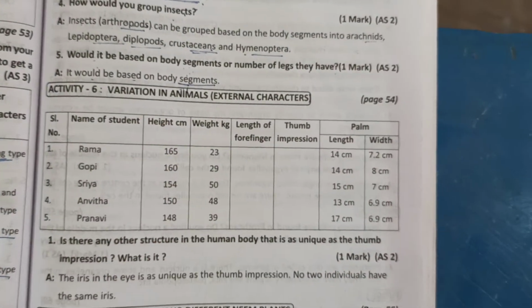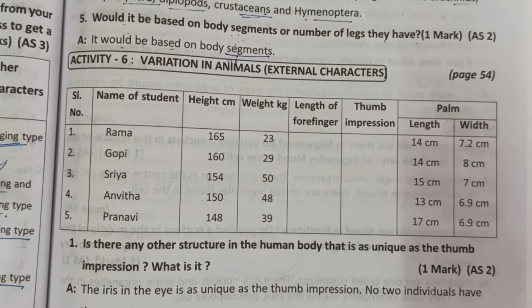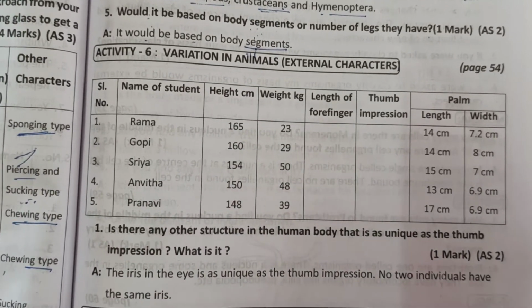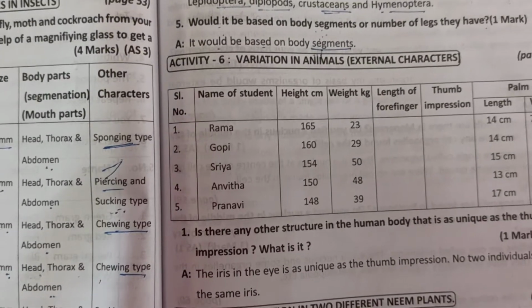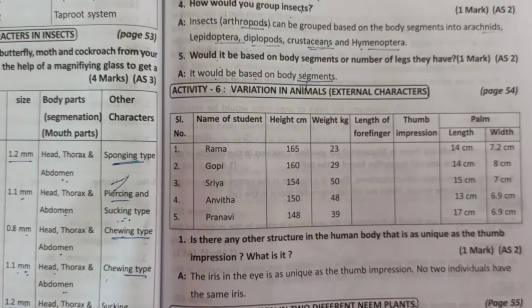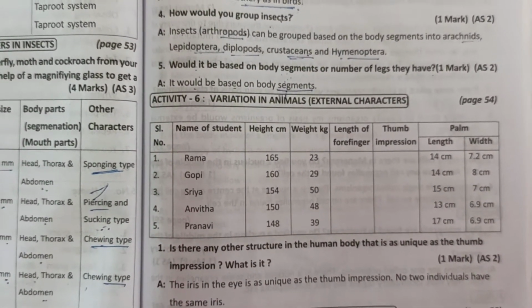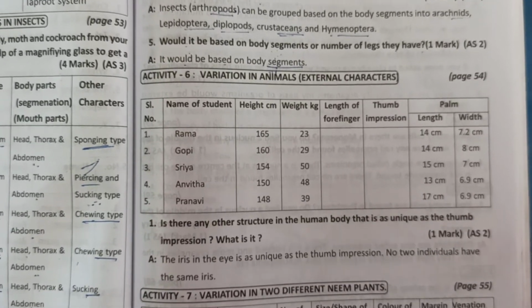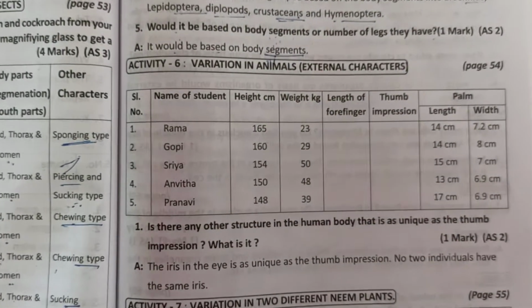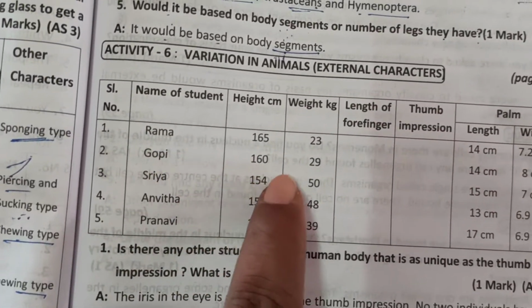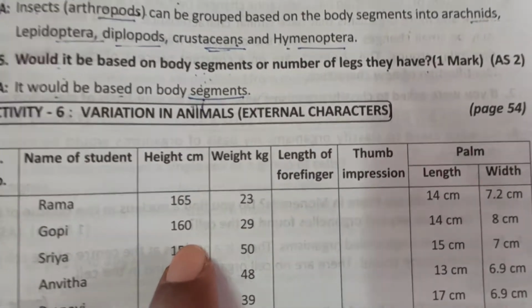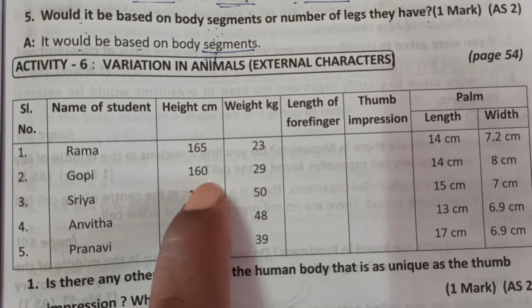So these are the parameters while we are collecting these from different children in a single class of different groups. For example, out of 40 members, we make them 5 to 6 members in one group and we have to take these parameters from the different groups. After completion of this observation, for example, Rama is completed, next Gopi, nearly 160 centimeters height and weight